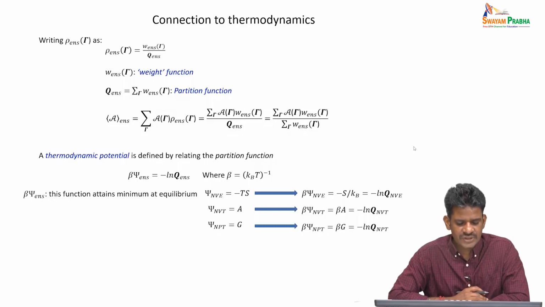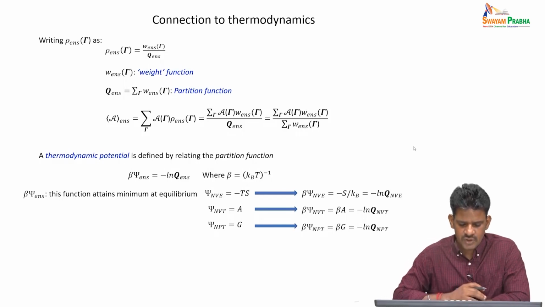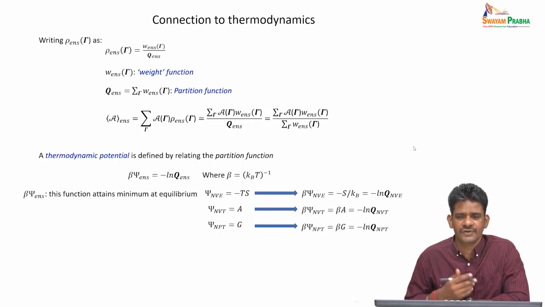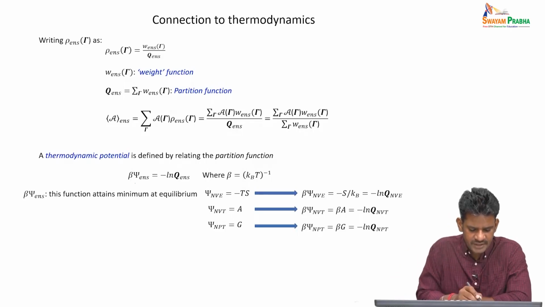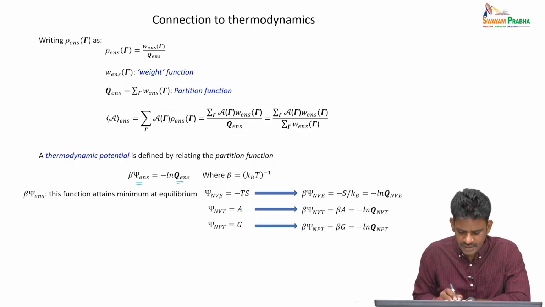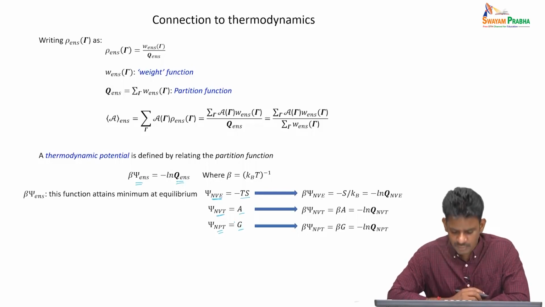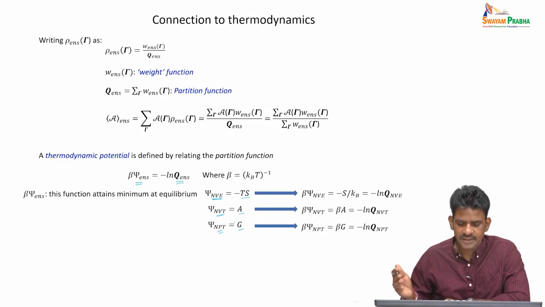Now you can also ask what the distribution of the phase space for the system is, and that depends on the constraints we impose, whether we fix the number of particles, the energy, the temperature or the pressure. For each of those cases, we can define a particular potential and a corresponding partition function. Depending upon the constraining variables, whether it is NVE, NVT or NPT, a corresponding thermodynamic potential can be defined in terms of entropy, Helmholtz free energy or Gibbs free energy. So this allows you to link thermodynamics with